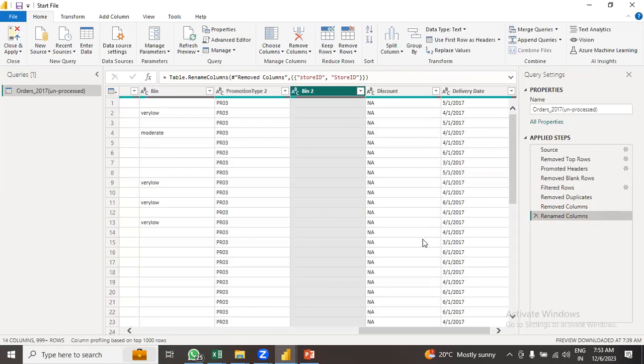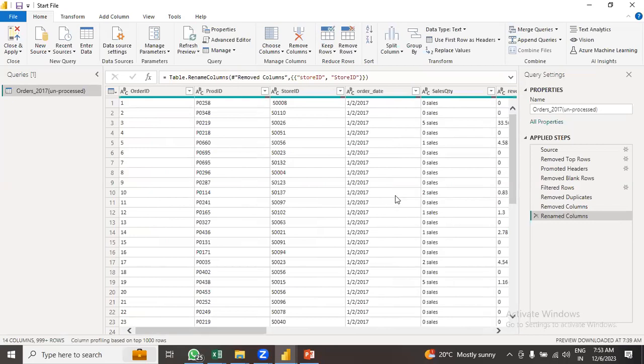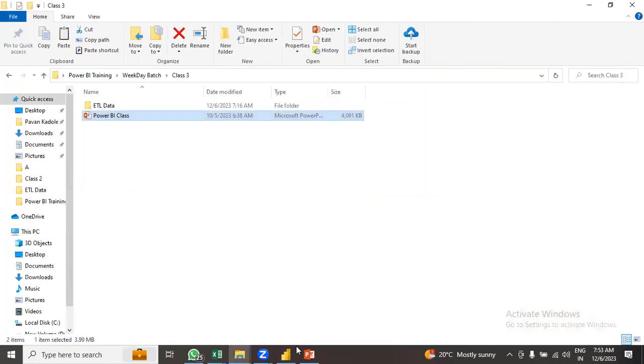And now what I'll do is, I have done certain transformations now. Let's say you have done certain transformations and you want to go to Power BI Desktop to see whether they have worked or not. So let's try doing that. For that, what you need to do is, here there is a close and apply button. All you need to do is click on close and apply. And once you do that, what will happen is